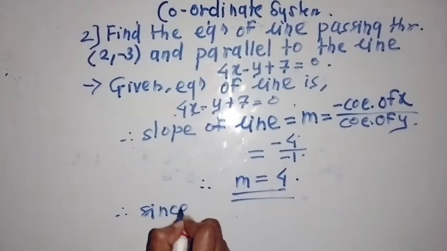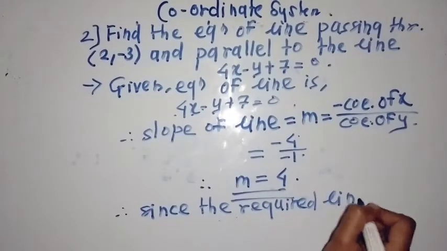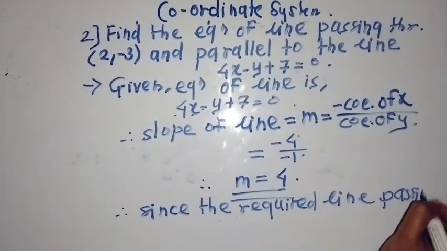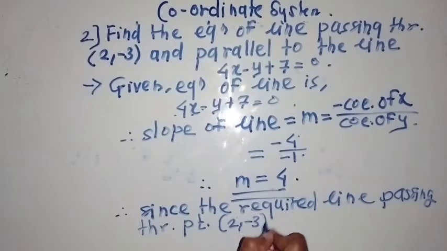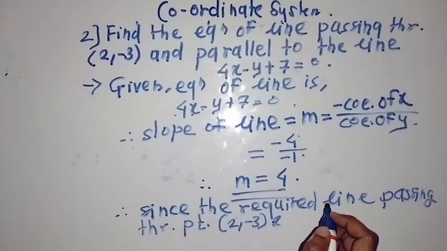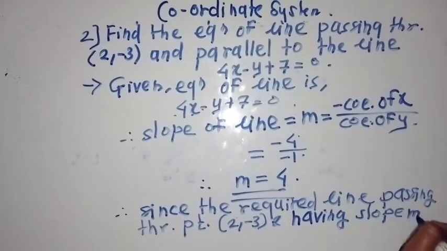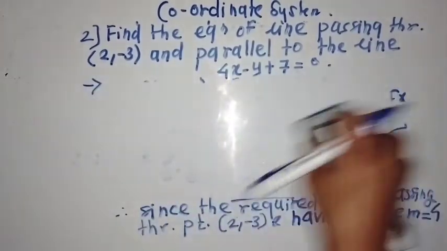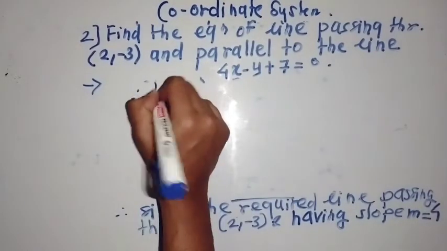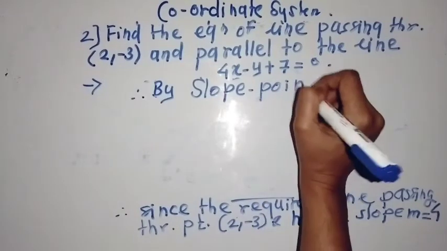Hence, since the required line is passing through the point (2, -3) and having slope m is equal to 4, hence we use the slope point formula. Hence, by slope point formula,